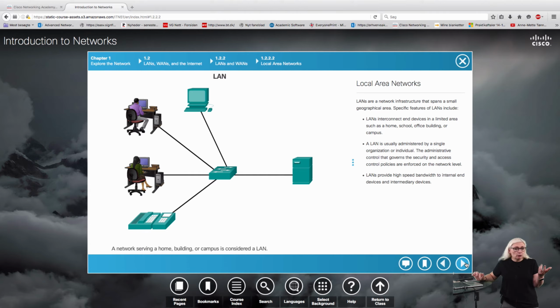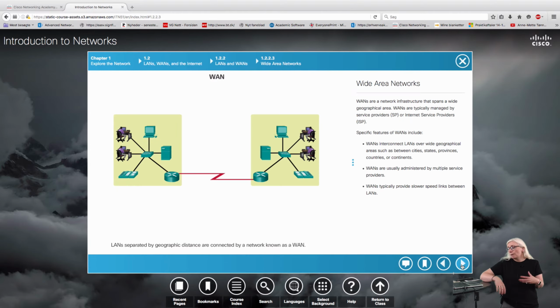The bandwidth, the speed of the network, is typically also high when we have a local area network. In comparison to a wide area network, where we don't really own the devices ourselves, we make a connection to another provider's network, for instance our internet provider. So we rent the use of the network from our internet provider, and they decide how it's set up and how it's administered.